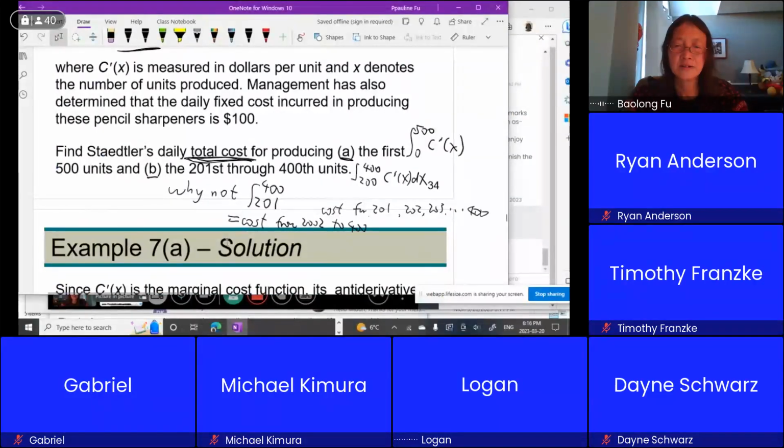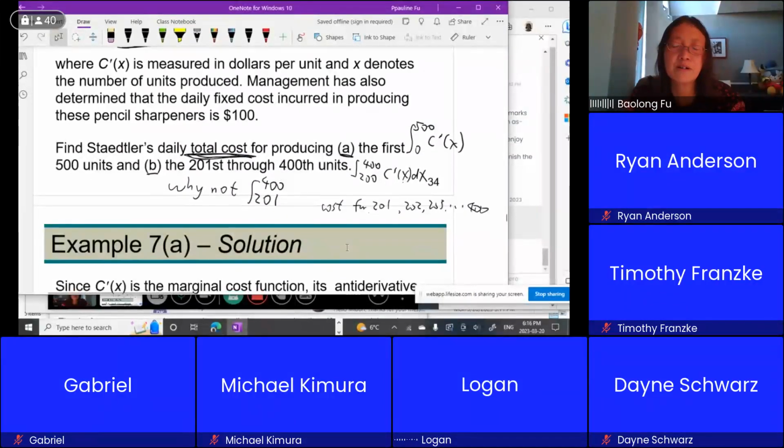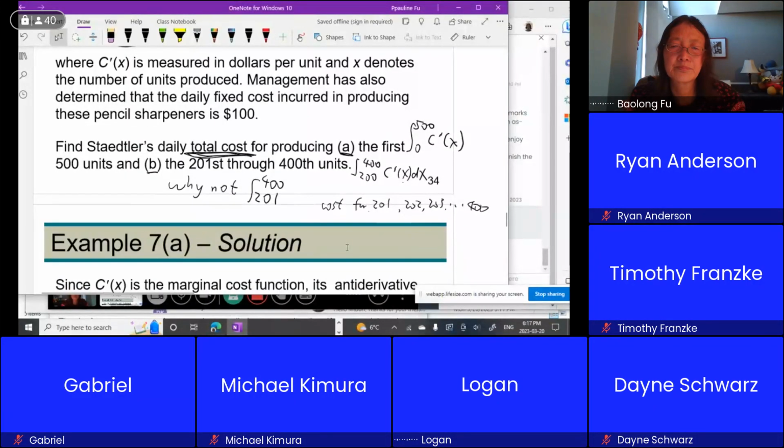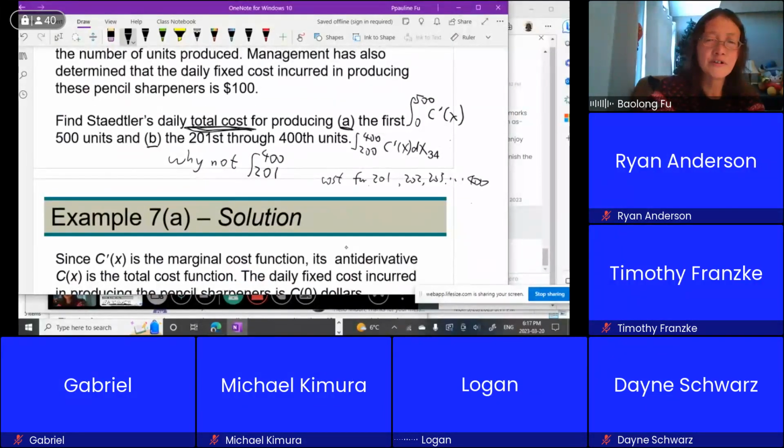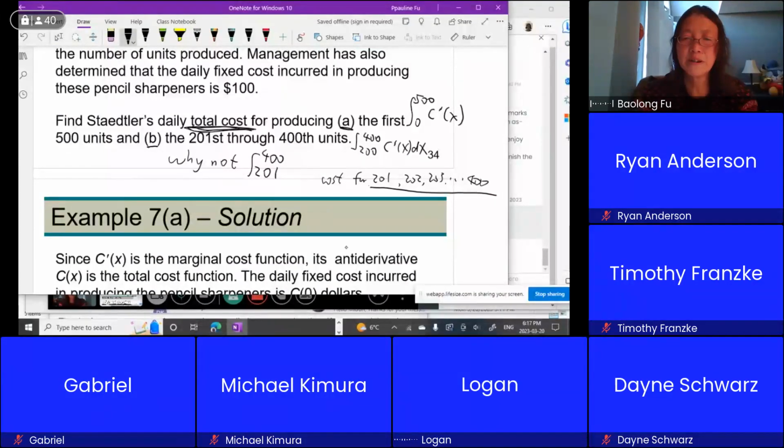Okay. Maybe I will explain again, trying to use a simple example. Okay, draw a diagram. So we want the cost for 201 to 400. So this cost from 201 to 400 should be